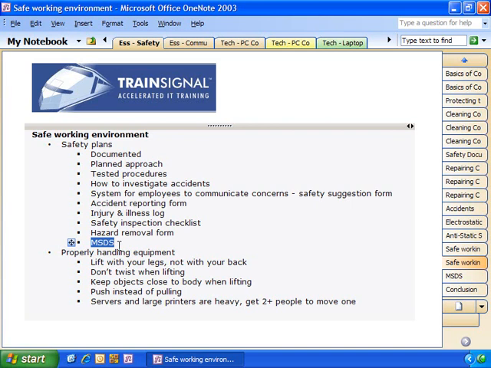And the Material Safety Data Sheet tells you how to properly store this equipment or these chemicals and how to properly dispose of these pieces of equipment or chemicals. It also tells you the possible hazards that you might be affected by when working with these chemicals. So I'll show you what one of those looks like in just a second, but first let's talk about properly handling equipment. Now, some of the things you should know is that you should always lift with your legs, not